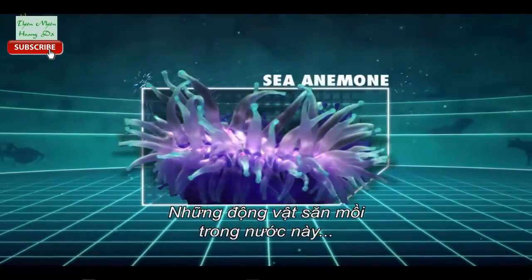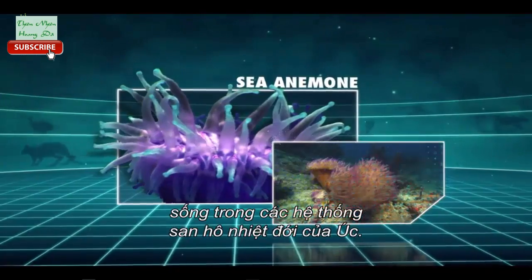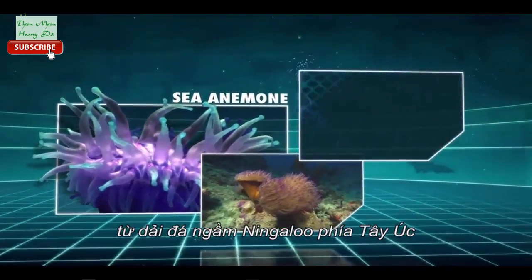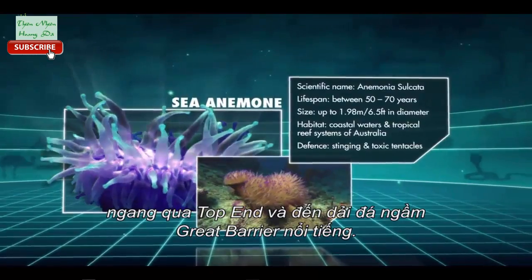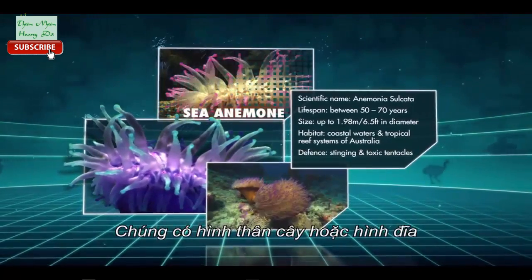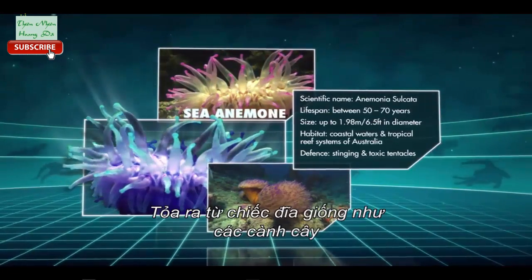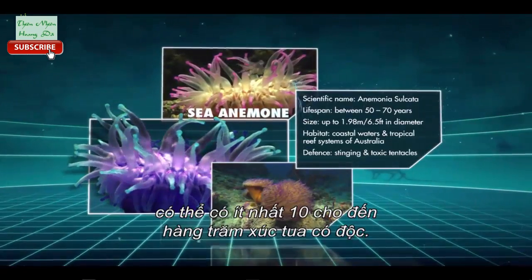These water-dwelling predators, known as sea anemone, inhabit the tropical coral reef systems of Australia. They can be found from coast to coast from Western Australia's Ningaloo Reef, across the top end and into Queensland's famous Great Barrier Reef. Often mistaken for a plant, these kaleidoscope creatures come in an array of colors. They have a trunk or basal disc with a center mouth opening. Radiating from this disc, like branches of a tree, can be as few as 10 to a few hundred toxic